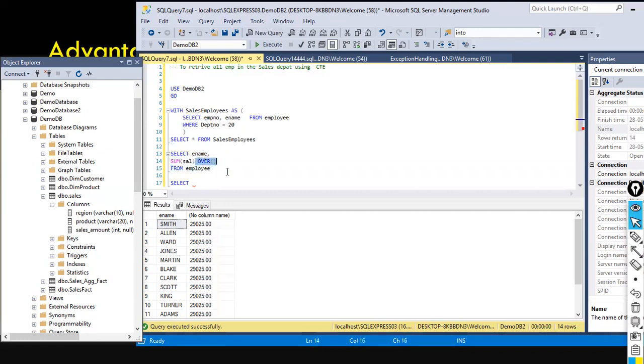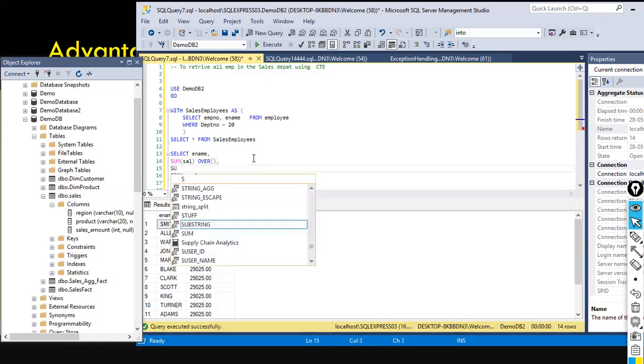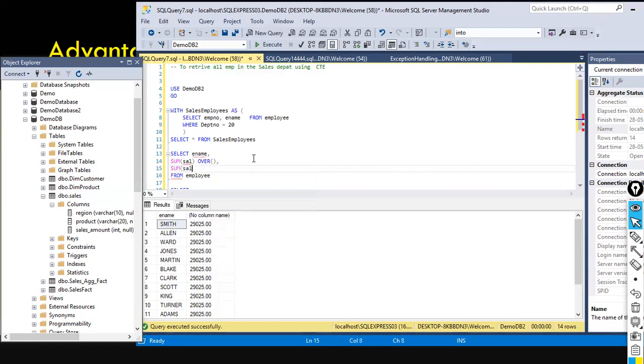So with the over function, we can define the window. In this case, I simply put over here, perform sum of sale on the entire data, and then the total sales value you can display along with each and every employee. Got it? This is how we can do it. And then the next one is, okay, next what I do is, I just select this one, sum of salary